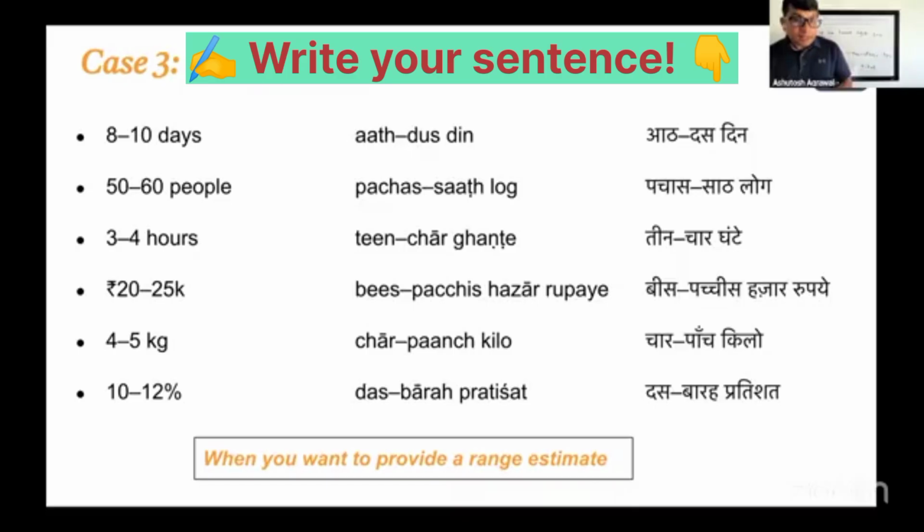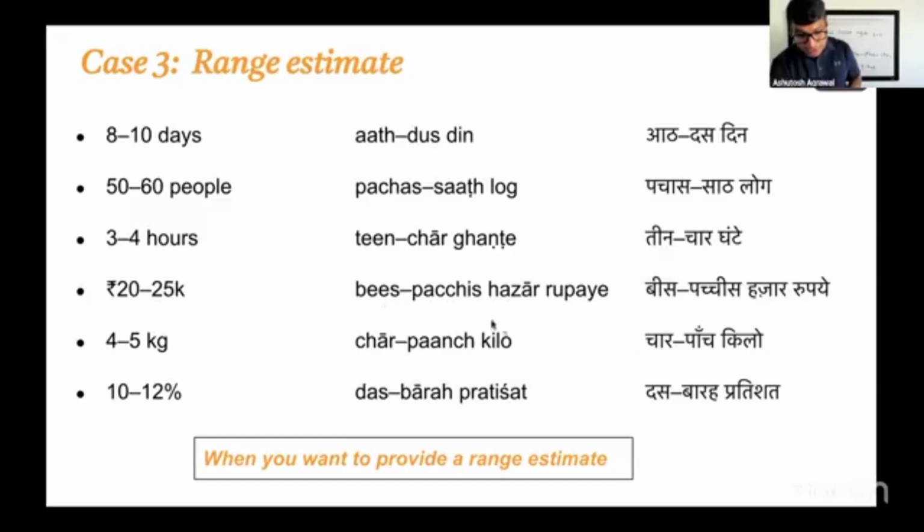You can still say लगभग 50 लोग आए थे, but this is another way of saying it, when you don't want to give lagbhag or kareeb, but to say it's between these. 3-4 घंटे. 3-4 घंटे से इंतजार कर रहा हूँ. 20-25 हजार, where 1000 is हजार, so 20-25 हजार रुपए.